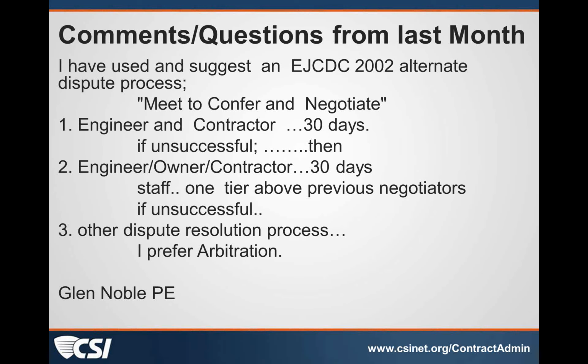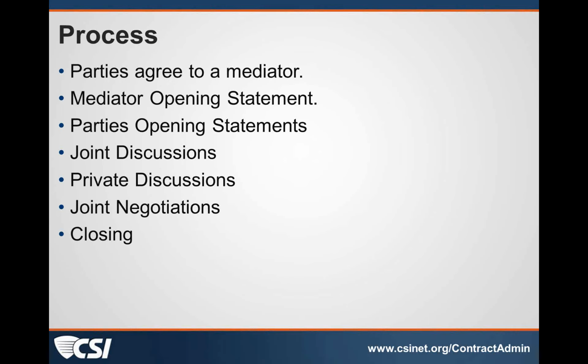So the process is typically that the parties first have to agree to mediate, and then they would agree to a mediator, and there are different procedures to getting to that agreement on who the mediator will be. Typically, what I've seen is where each side will submit 3 names to each other, and then they review each other's names and try to, from those names, if you're lucky, you'll get a name that shows up on both lists. If you're not lucky, then you'll have to come together and discuss the 6 folks that you had identified and negotiate and try to come to an agreement as to who will be the mediator.